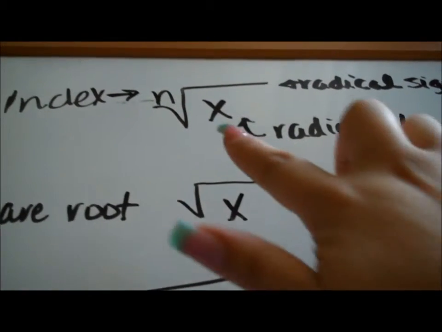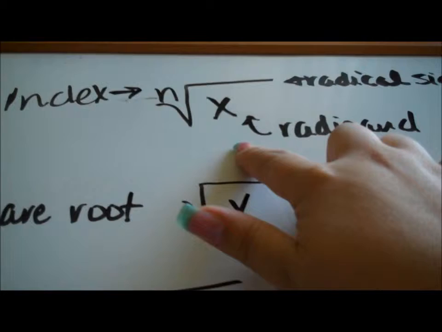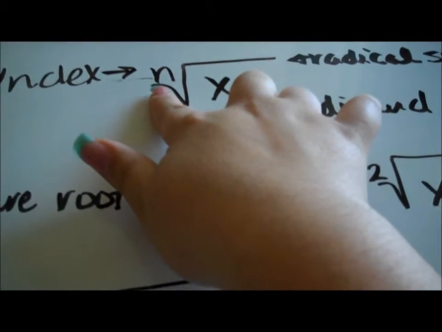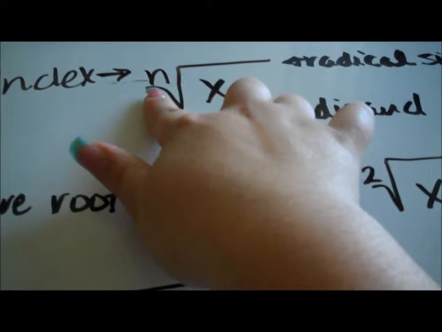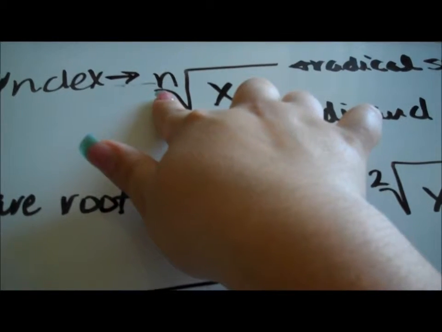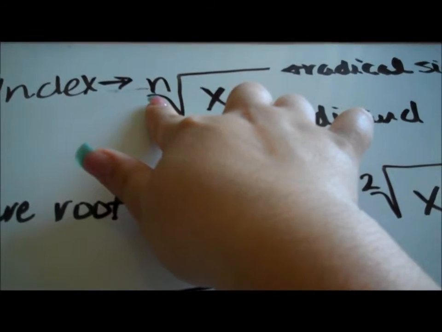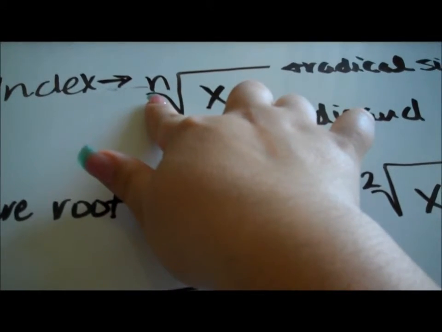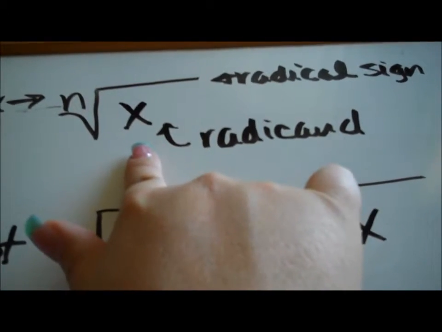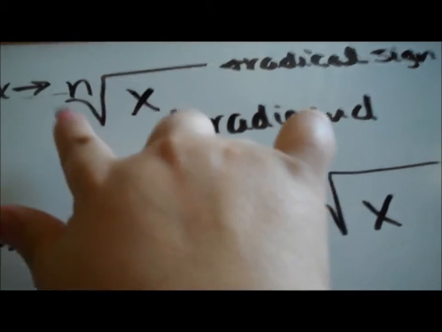Okay, here we talk about square roots, the parts of the square root. This is called the index, where the n is at. When we see a square root, normally there's nothing written there, but this could have a 3 here. That means that's taken to the third root. We could have a 4, 5, or whatever number up there. This is the radicand, which is the number that is inside the radical, and then again we have the radical